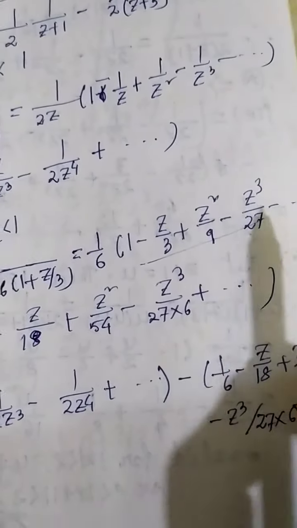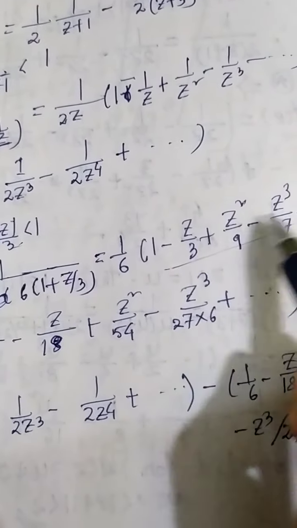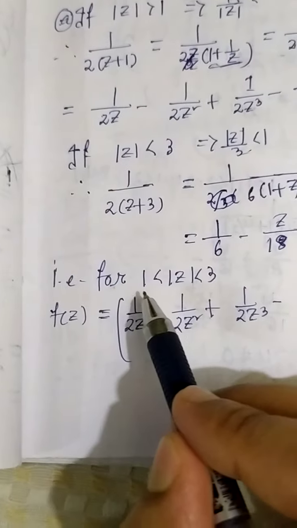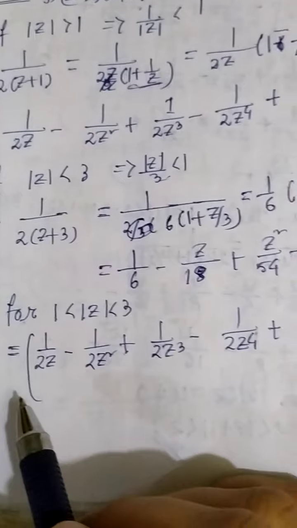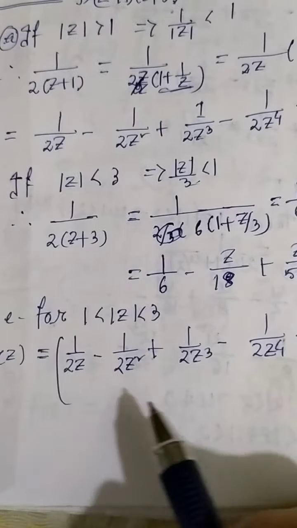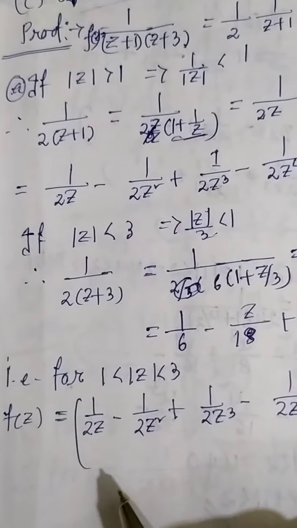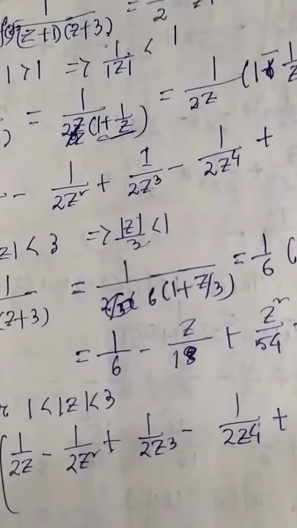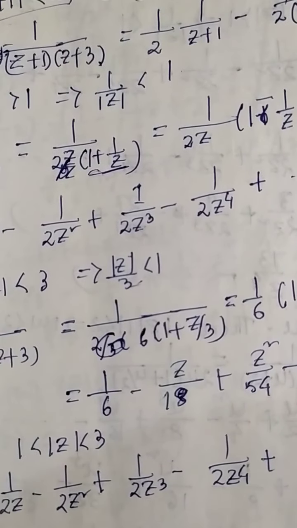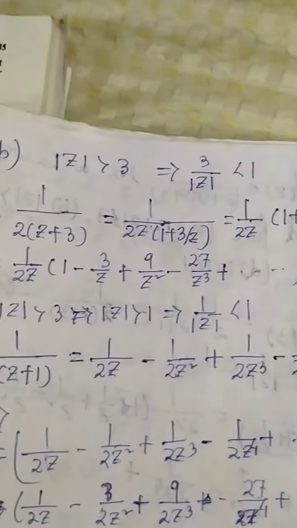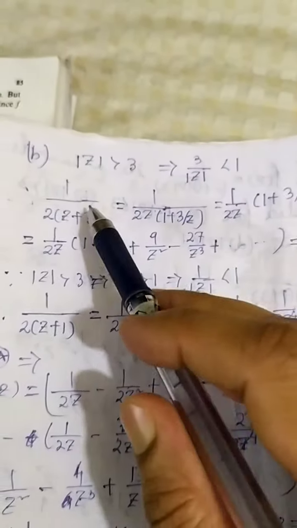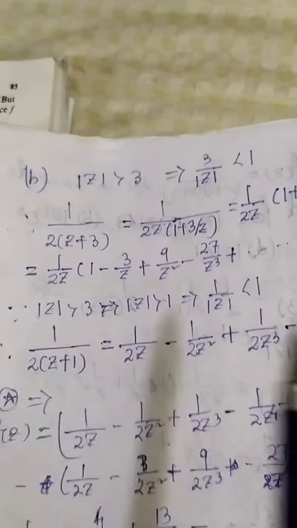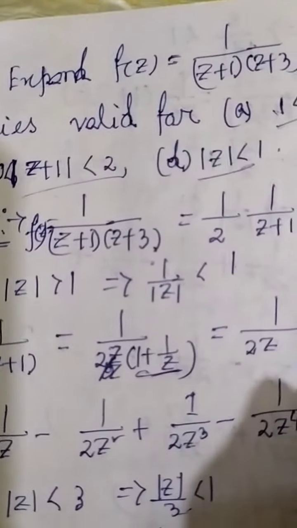This is plus minus something like that. If it is minus, all are plus. So this is the corresponding expansion. So for this restriction, we can have the corresponding Laurent series expansion. Collect the coefficient of the same power of z or 1 by z. Exactly the same way all these exercises are considered. So for number b, this is our number b.